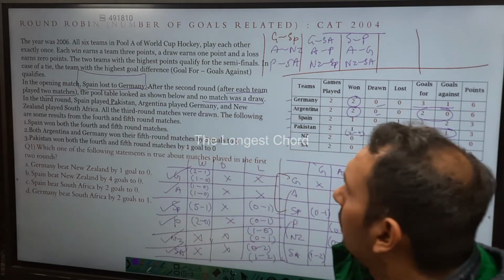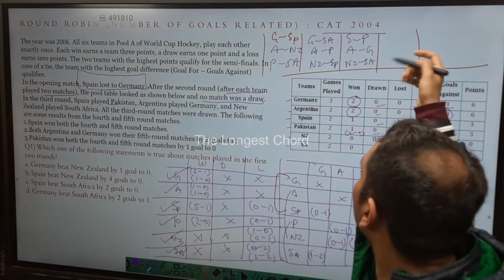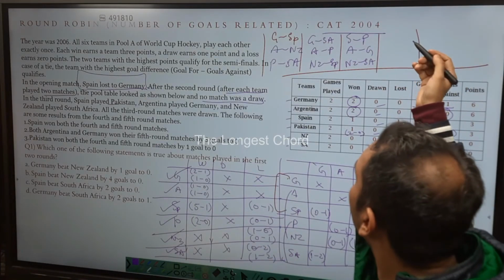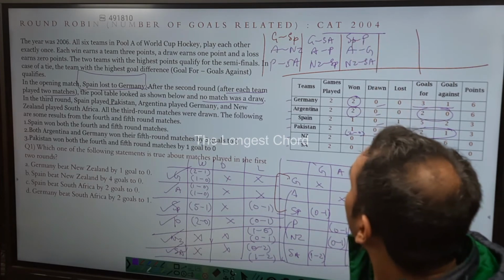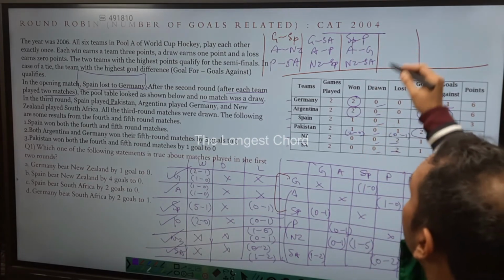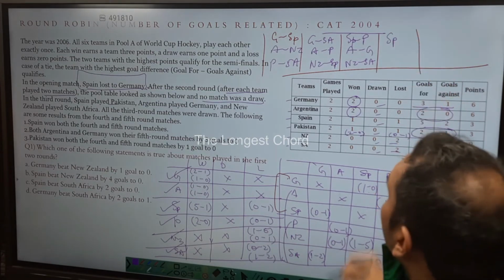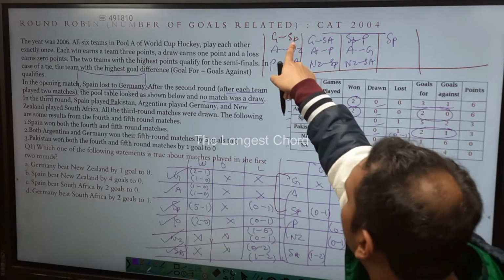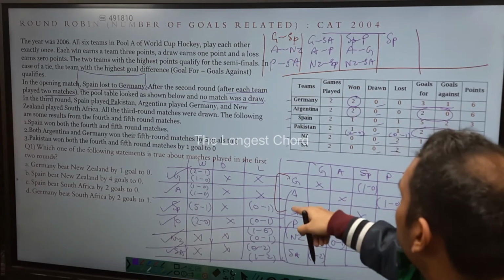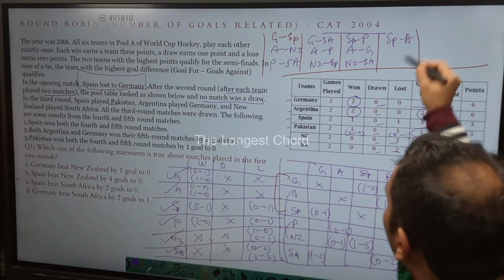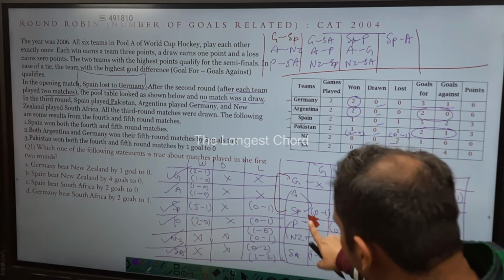Now if we talk about this data that is given here, now what are the other matches that are happening? We can say that this is SP actually. So let's say if we talk about SP, then SP has to play one match. So SP has played against G, it has played against New Zealand, it has played against Pakistan. So SP has to play in one of the round against A. SP has to play one against Argentina and has to play one against South Africa.